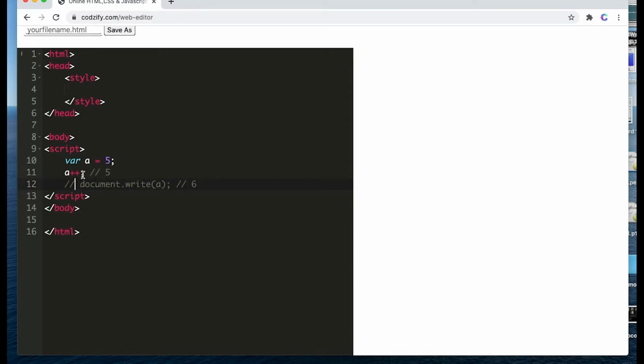Okay, now if I change it from postfix to the prefix operator, in this case what will happen is, here on the 10th line the variable a value will be 5, on the 11th line the value of a will be incremented by 1 directly, so on this line the value will be incremented here, and on the next line whenever the value is used, the new value of a, which is 6 here, will be the final value of a. Okay, so that will be the value of a here.